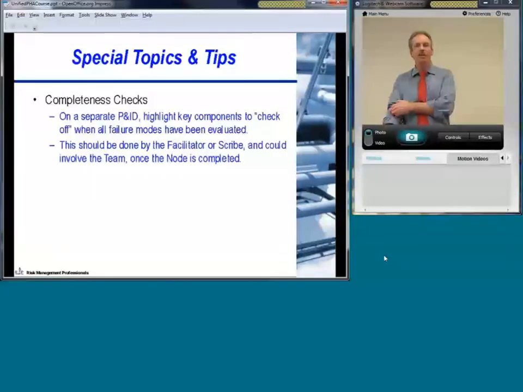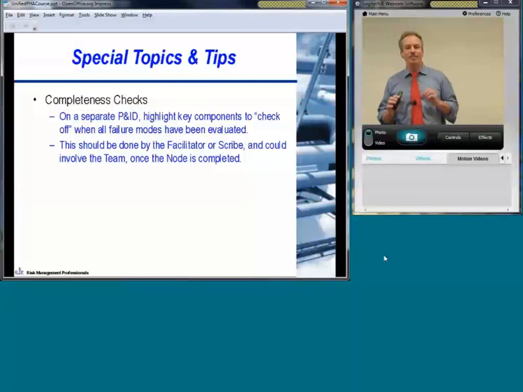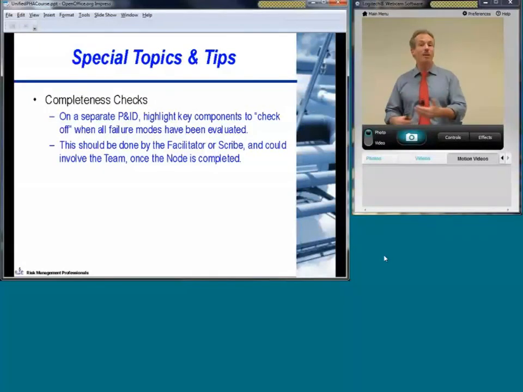Completeness checks. This is something I like to do when I do a HAZOP study. Even though up front we use a highlighter, define the node, and then we use that to explain it to the team, and then we go through on a cause-by-cause basis to do the